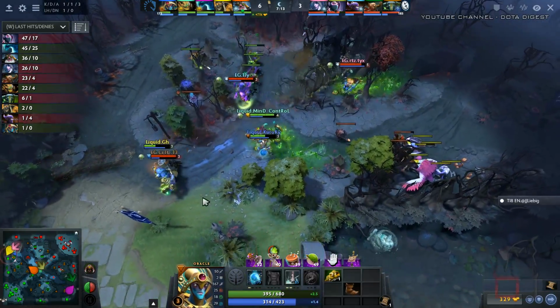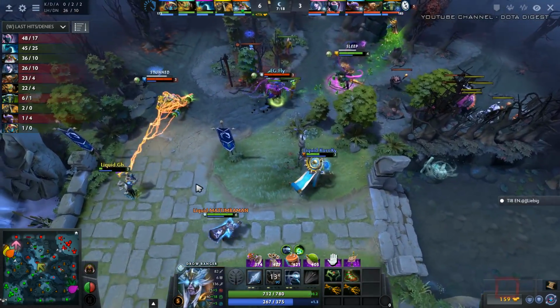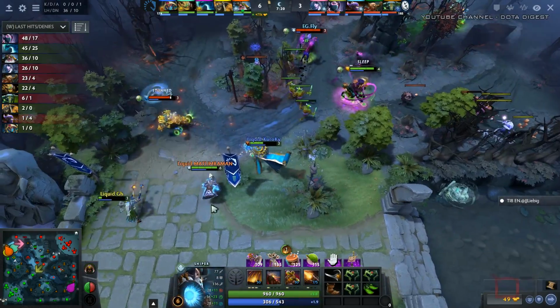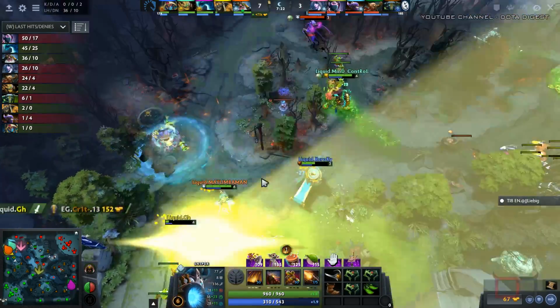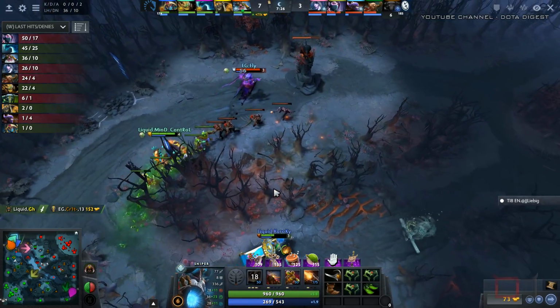Now they're rolling straight into the back line, gets the slow into Kuro as well. The silence goes out, only going to be able to hit the Sand King. Immediately the Sand King challenges the Drow Ranger. They're going to turn around and get the shackles on Crit. Crit's in serious trouble. The Purifying Flame's doing so much damage